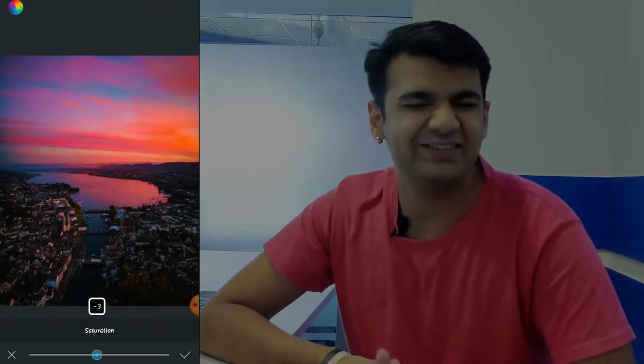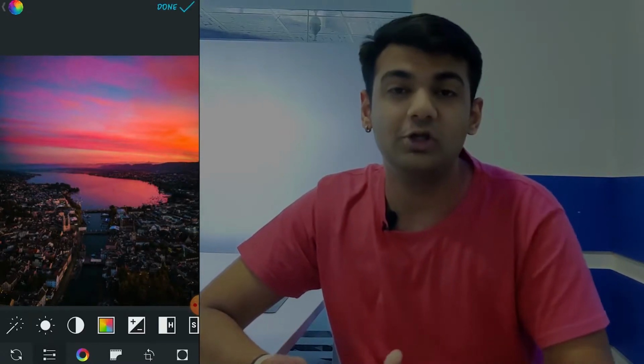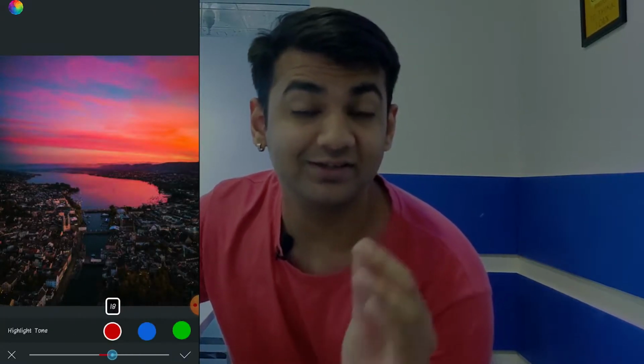So as the name suggests, this app only focuses on adding light into your photo. You can add lights at various places and they're very minute changes, but actually they matter a lot, okay? It's the little things that matter the most, if you know what I mean. Yeah, boy. So definitely give this app a try because this is going to take your nature photos to another level, okay?